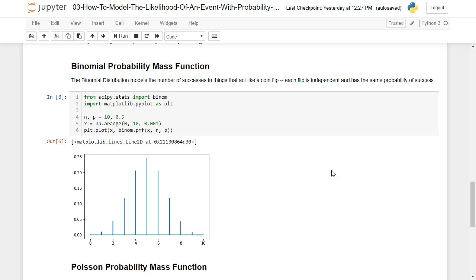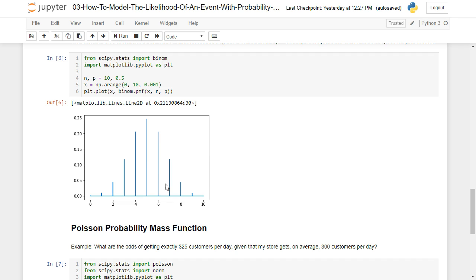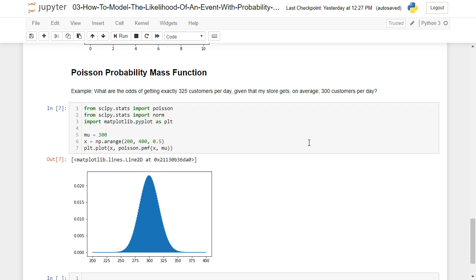Now, what happens if we have a coin flip, and we do that over a whole bunch of times? The distribution for that is called the binomial probability mass function. Each flip is independent, has the same probability of success. So if we look at this plot here, we can see this distribution, which is similar to the normal distribution, but it comes out looking like that. And the Poisson probability mass function,